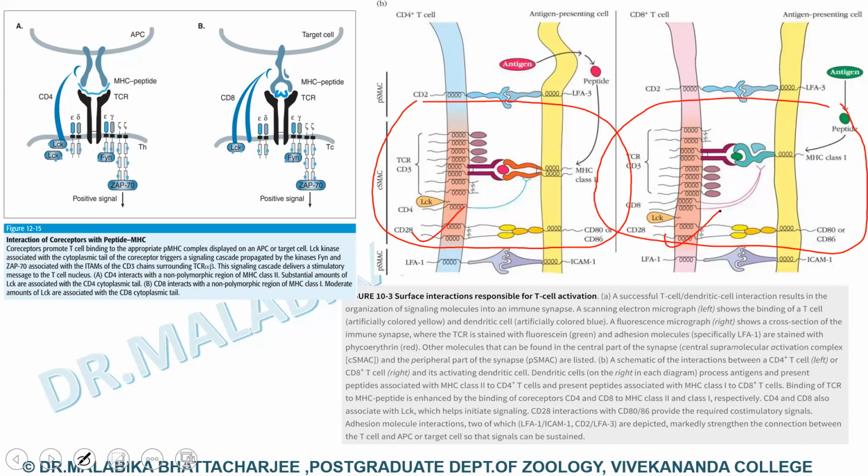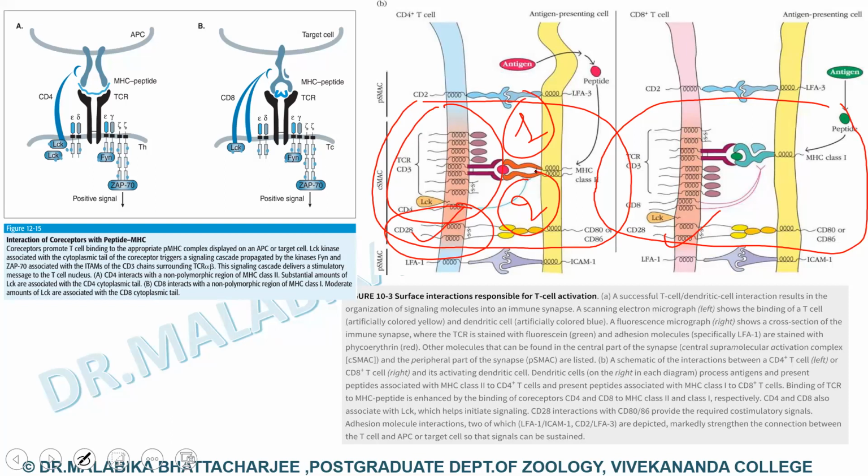The second set of receptor that I have ticked in the picture is CD28. The CD28 present on both CD4 T cells and CD8 positive T cells reacts with the CD80 or 86 receptor present on the antigen presenting cells. This is signal 1 and this is signal 2. It is only when these two signals are simultaneously perceived one after the other. Signal 1 is occurring first. TCR binds with the peptide MHC complex. TCR activates CD3.